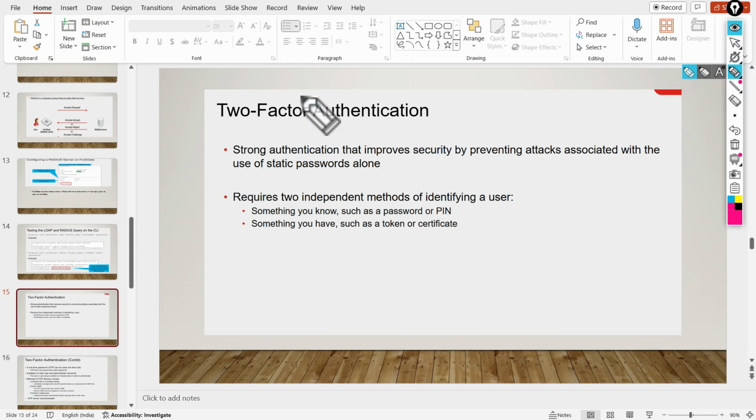The first topic of today's video is two-factor authentication. It is a strong authentication that improves security by preventing attacks that rely on static passwords alone. It requires two independent methods of identifying a user: something you know, such as a password or PIN, and something you have, such as a token or a certificate.